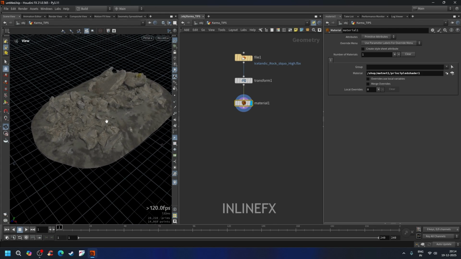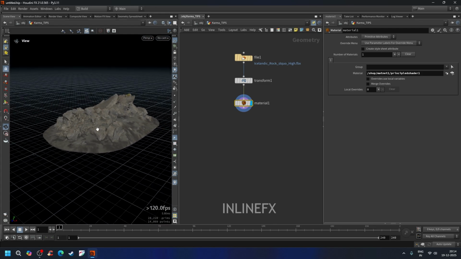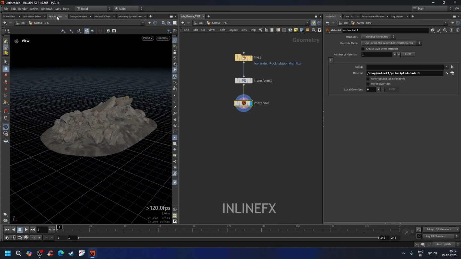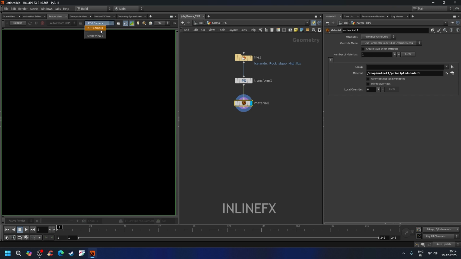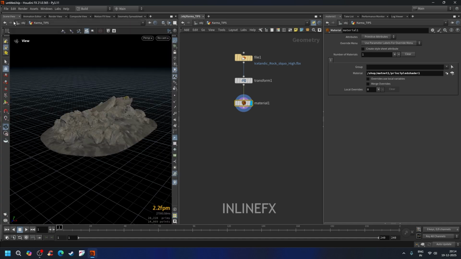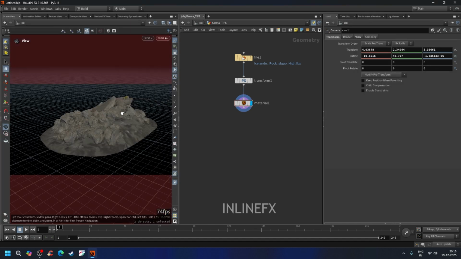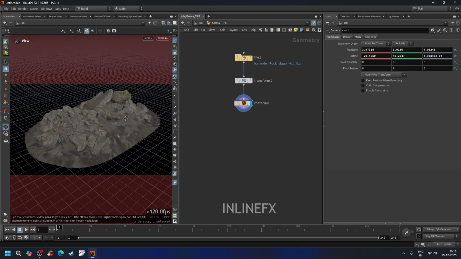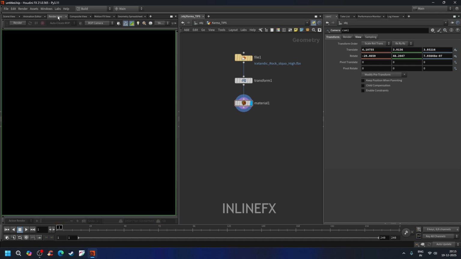But the most useful tip comes from here. If you go to render view, there is a scene view and drop camera option. I have not yet selected the camera, so I will create a camera and then go back to render view and select my object camera 1. If I render directly, you can see our Mantra IPR is not available. So I will stop this.